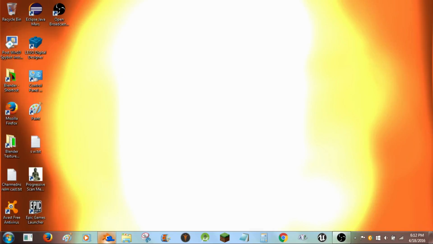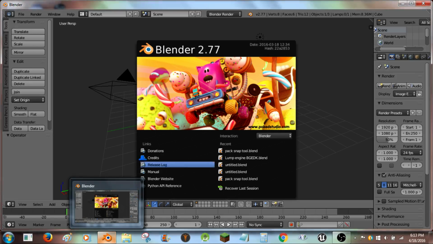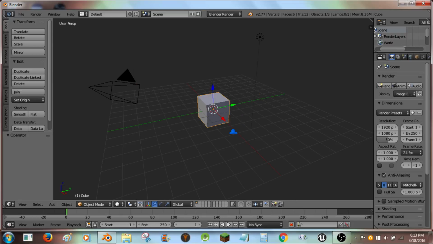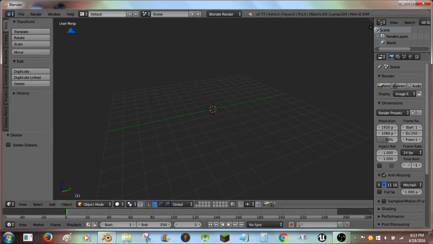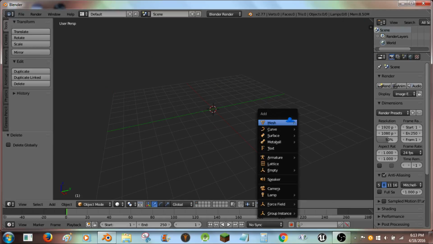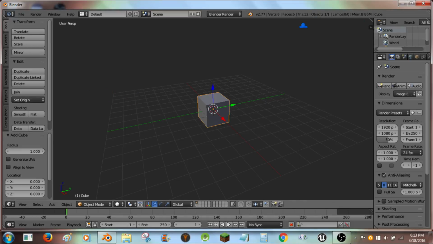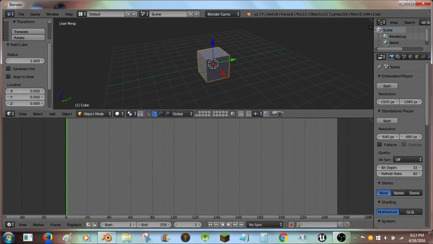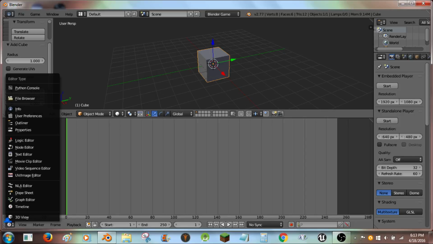So let's start by opening Blender. I'm using the new version of Blender, 2.77, and I'm going to press A twice, and then using X delete everything in the scene. I'm going to hit Shift A and add in a new cube, because I don't like the default cube. Now I'm going to switch from Blender Render to Blender Game. I'm going to bring up this panel at the bottom, and I'm going to